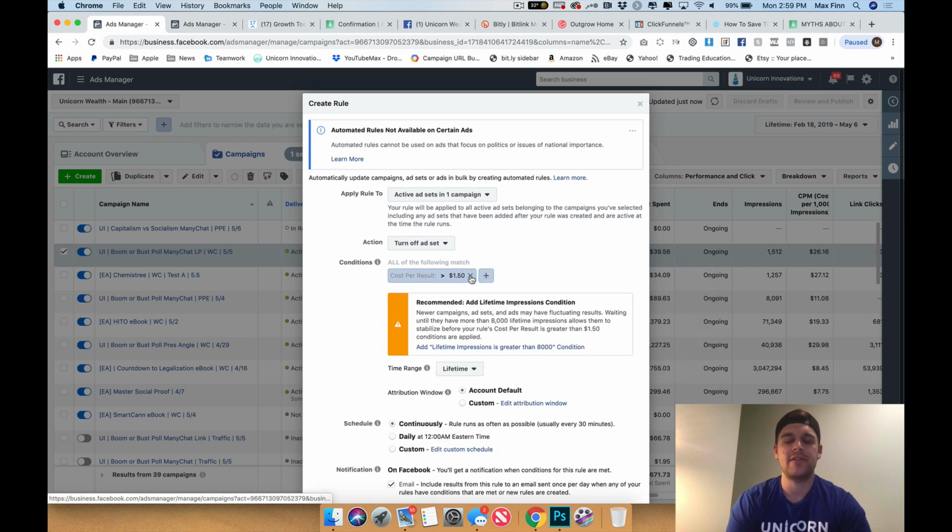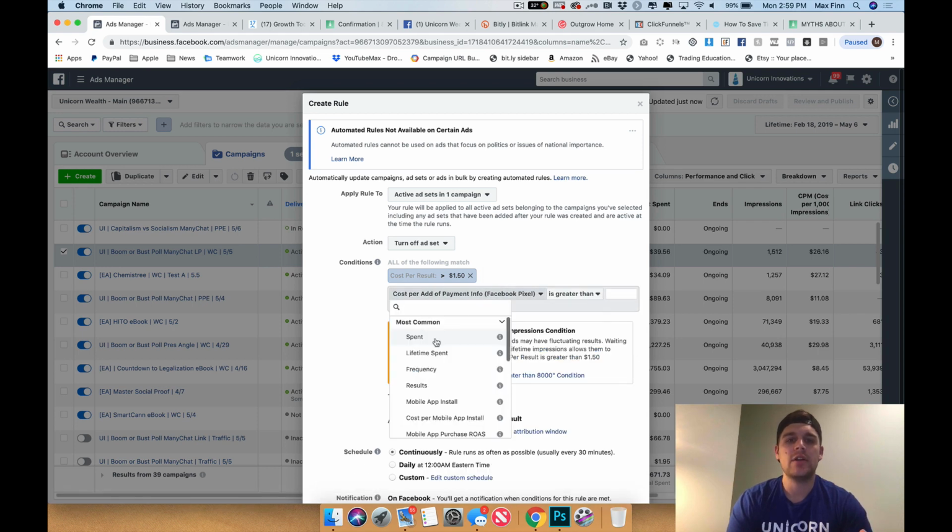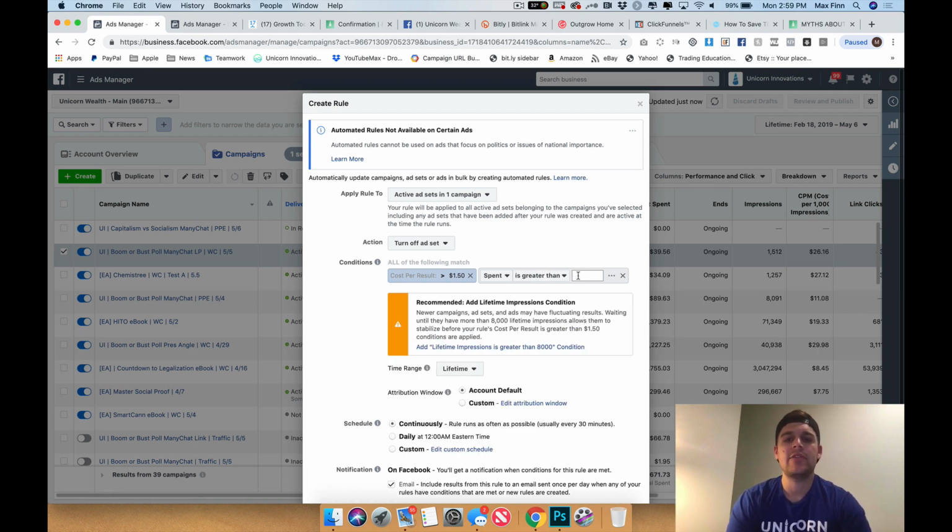I want to get rid of this impressions they put on there. Now we have one more metric we need to put in here. So we need to click the add button. We need to go to spent. And this is where the stop loss comes in, because it's not time-based, it's going to check continuously.